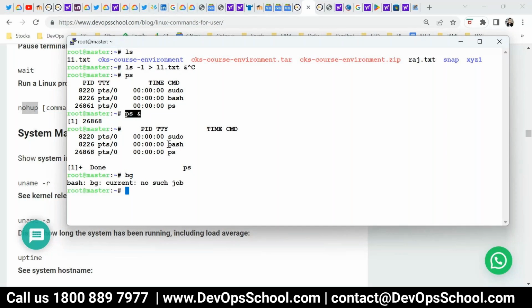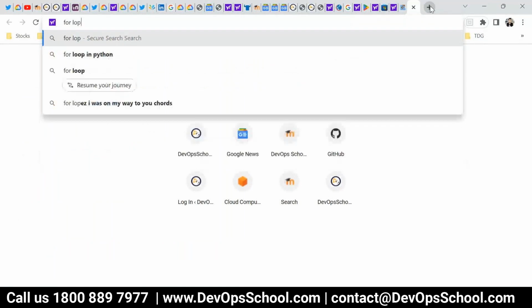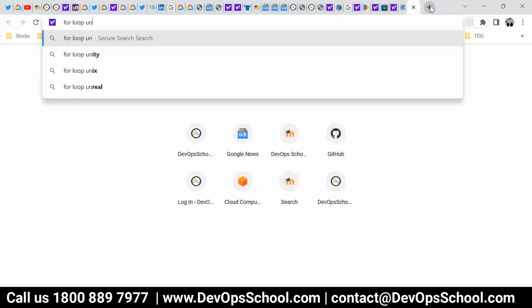I have to hold this, just a second. A for loop, unlimited, a Linux command that should not exit.